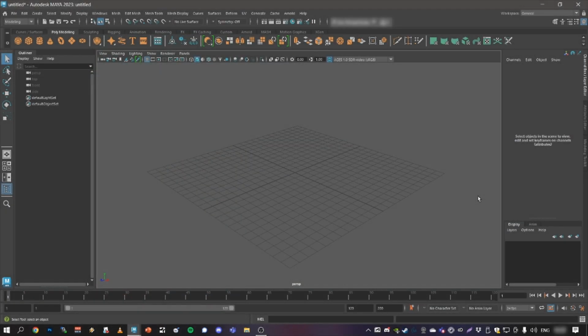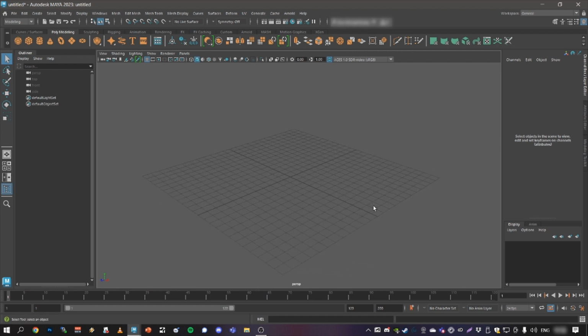Hello and welcome to this little tutorial about creating a little treehouse in Autodesk Maya. In this case, this is version 2023, but you should be able to follow this tutorial using any Maya version that is not older than 2016-17, roughly, because ever since then the UI changed and they added quite some features. So this is the latest version of Maya that you can get as a student. And you can get it for free, so that's quite